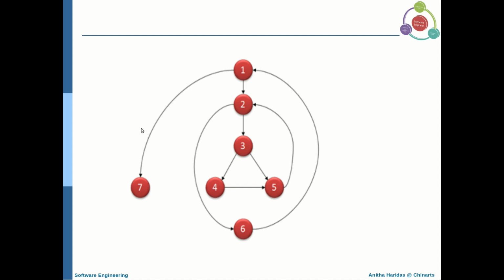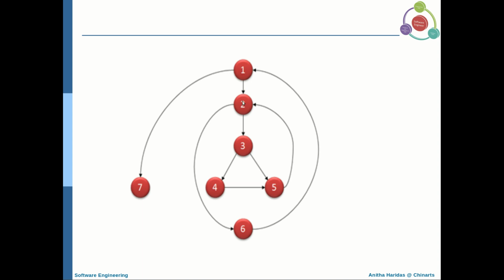Let us see how many nodes are having more than one outgoing branch. Fine. If you see, node 1 is having an outgoing branch going to 7. Node 1 is having a branch going to 2. So node 1 is obviously a predicate node.